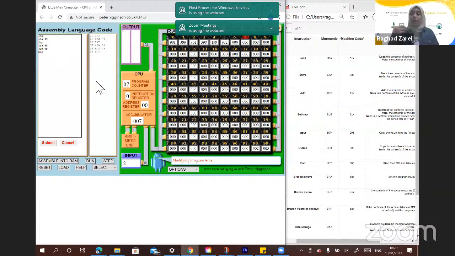So where do you want it to branch to? We're going to find that out later. So we said if the two numbers gave me a positive or a 0, it means that we need to load to the accumulator, LDA. You can check it in the instruction set.